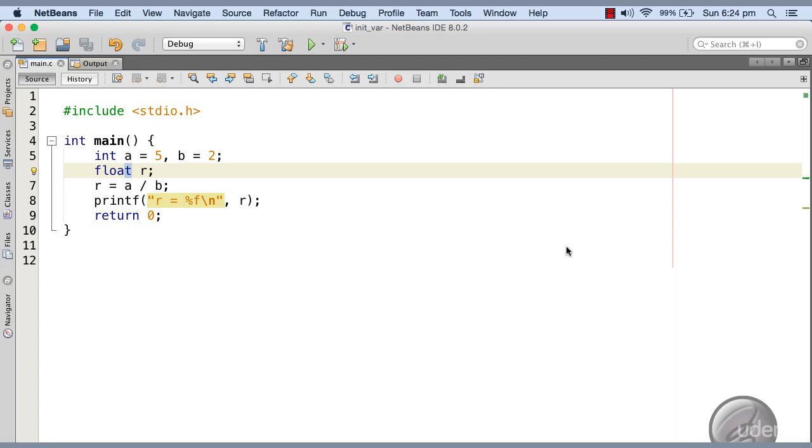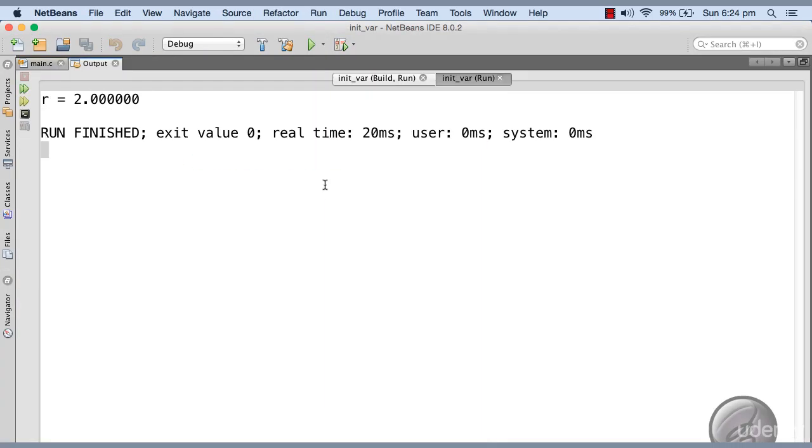Since the value of a is 5 and b is 2, we can guess that the result of this division operation a divided by b is going to be 2.5. But the case is not so. I'm executing the program to show you the result, what it actually prints. Oops, it's not 2.5, rather it's